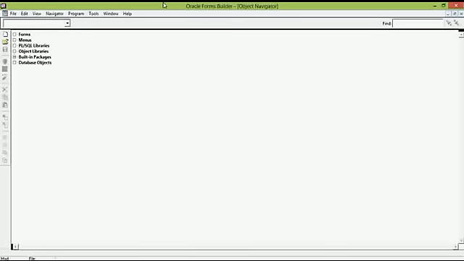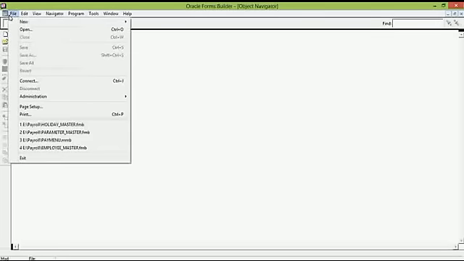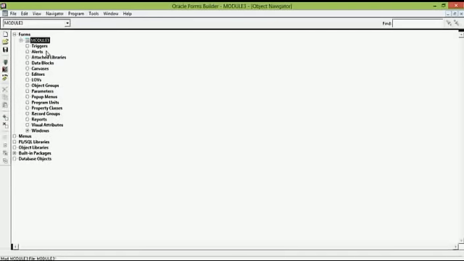Using toolbar canvas in Oracle Forms. Now first let us take a new form. Now we will create a data block manually, not from the data block wizard.